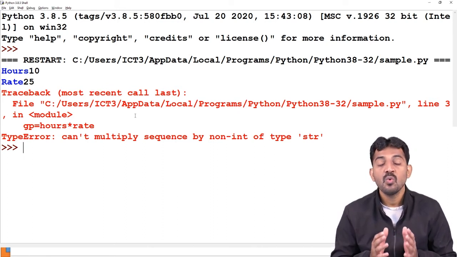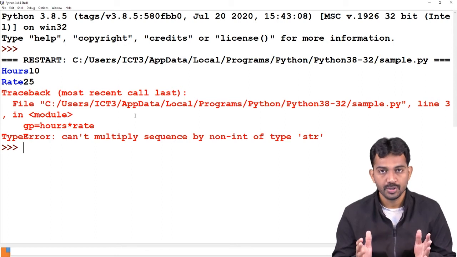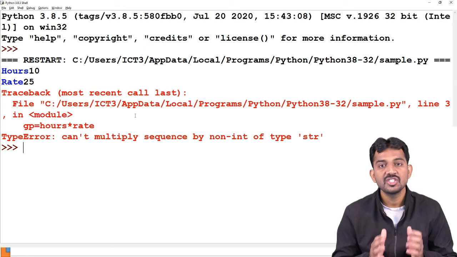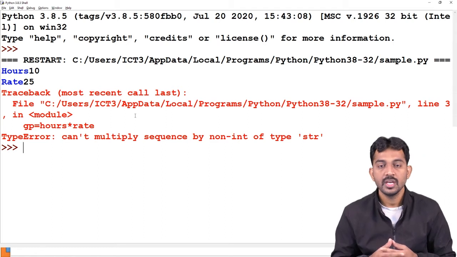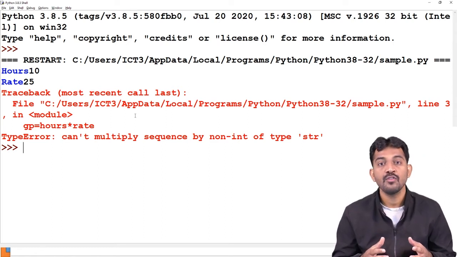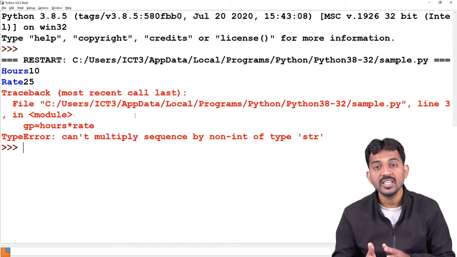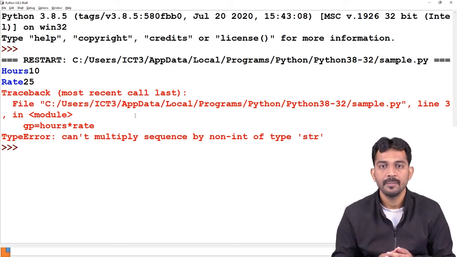Just now I said, whatever data you read from the input is in the form of a string only. You can't perform multiplication between strings. You don't have any scope to perform a multiplication operation between strings. For that reason, you're getting this error. How to overcome this error? You have to convert the data into the particular type.